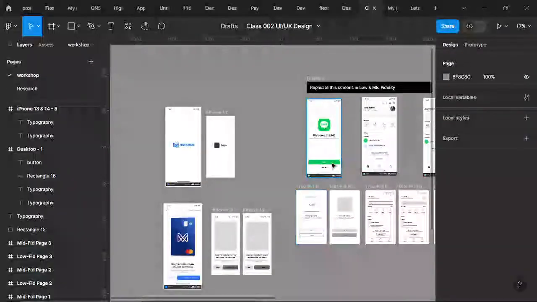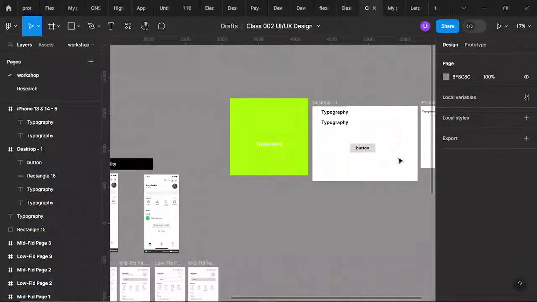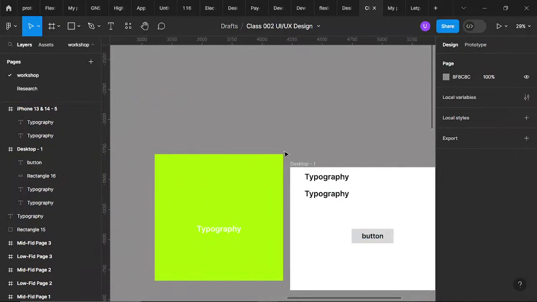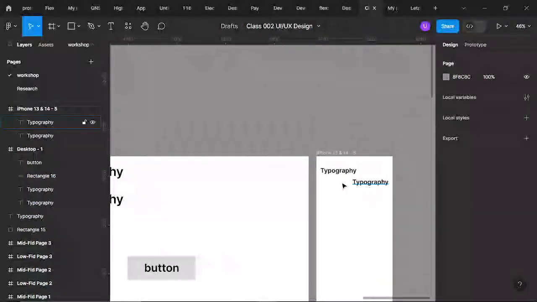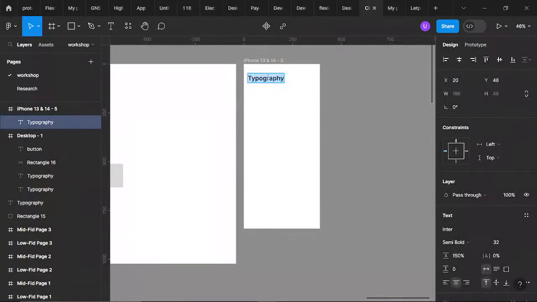So let me quickly show you something on our screen, our Figma file. We haven't designed anything yet, but we can still come up with something. So I want to take you through something known as auto layouts. So what is auto layout used for? We're going to be discussing that now.